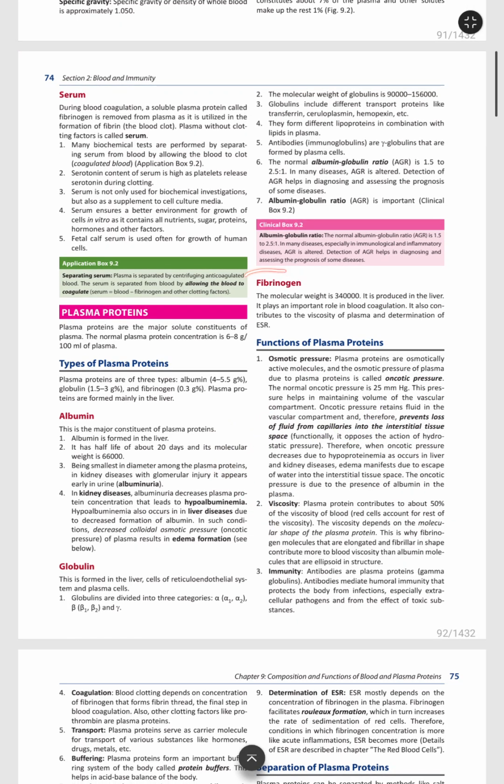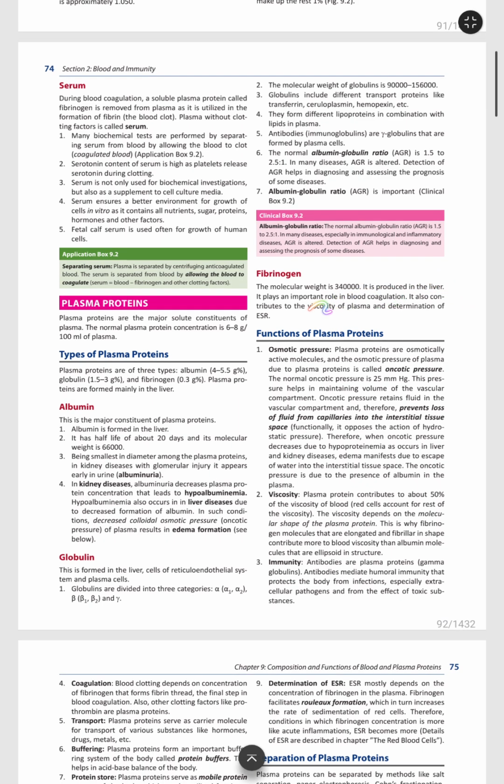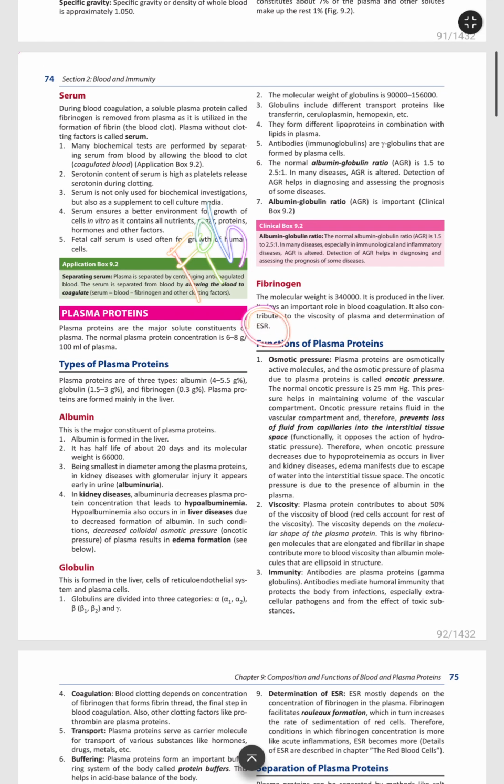It is densest, around 340 k molecular weight. It is also produced in the liver and is important in blood coagulation. It also contributes to the viscosity of plasma and to the determination of ESR, the erythrocyte sedimentation rate, and fibrinogen is important for that. Now, a very important thing: fibrinogen determines ESR, but